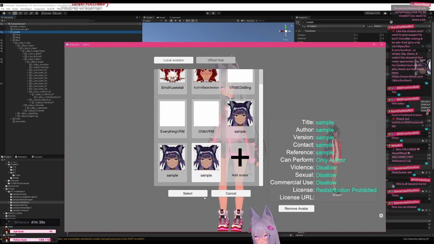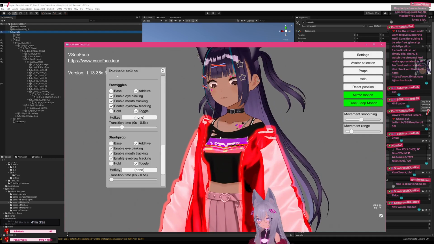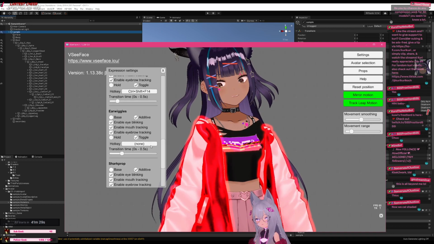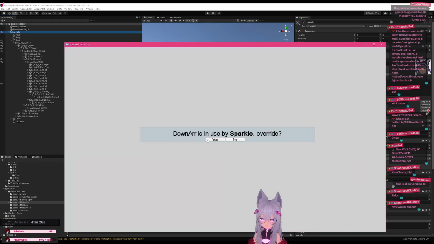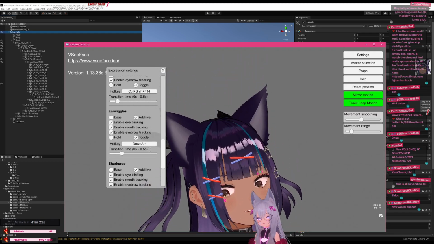Sample 3. And then ear wiggles when I set it to down. So now when we push the down,